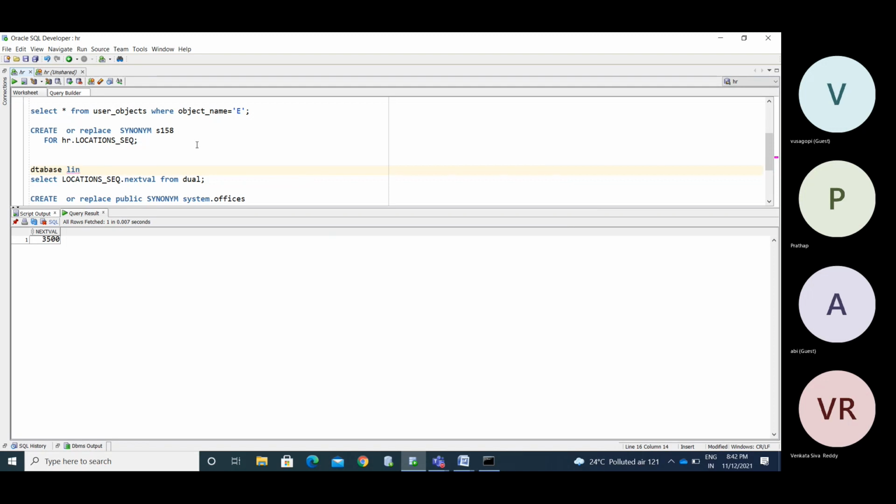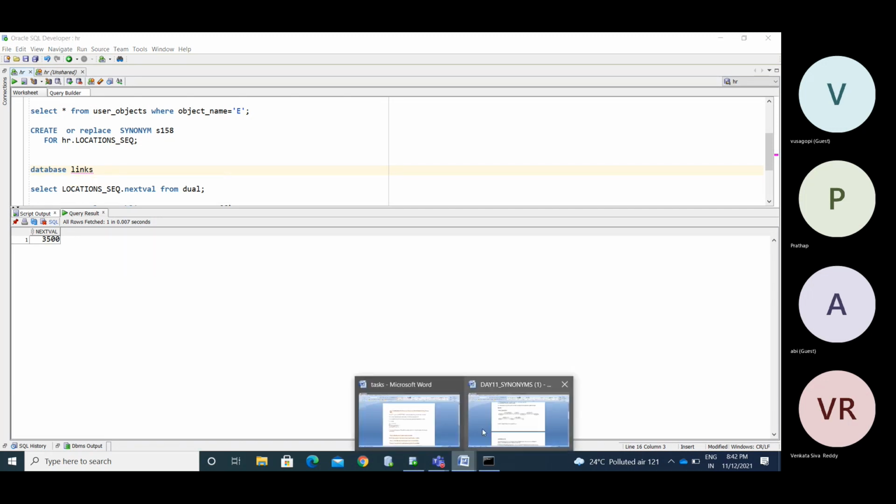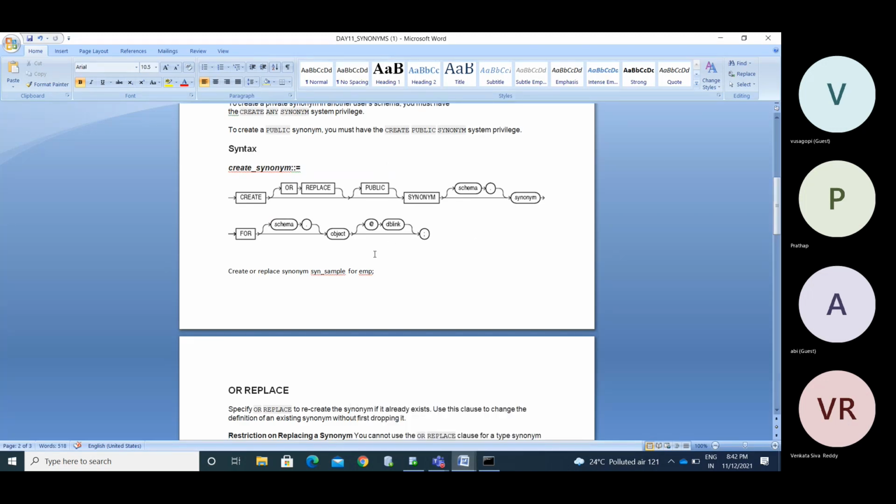Database links will help you to use another schema's objects in another server's schema. If you want to use a database link, say we have an EMP table in a different schema on a different server, you need to use EMP @ database link name.